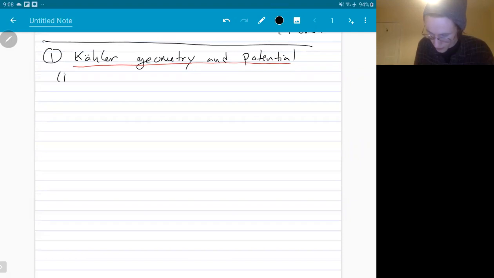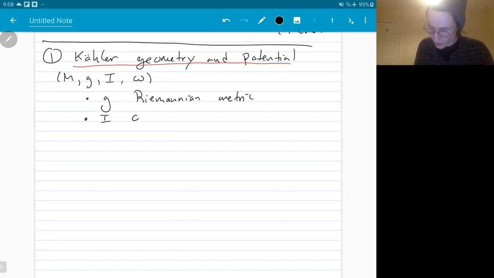I'll just write it (M, G, I, omega). So here, G is a Riemannian metric, I is a complex structure such that G is Hermitian. And because of this fact,